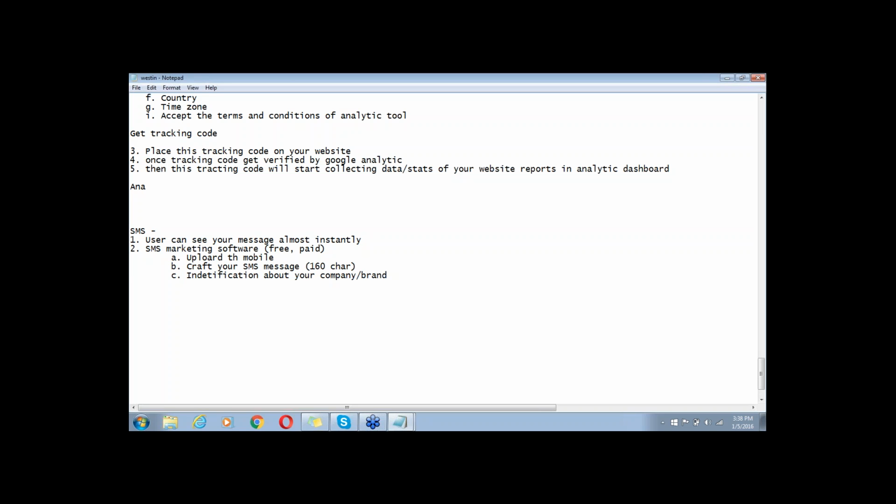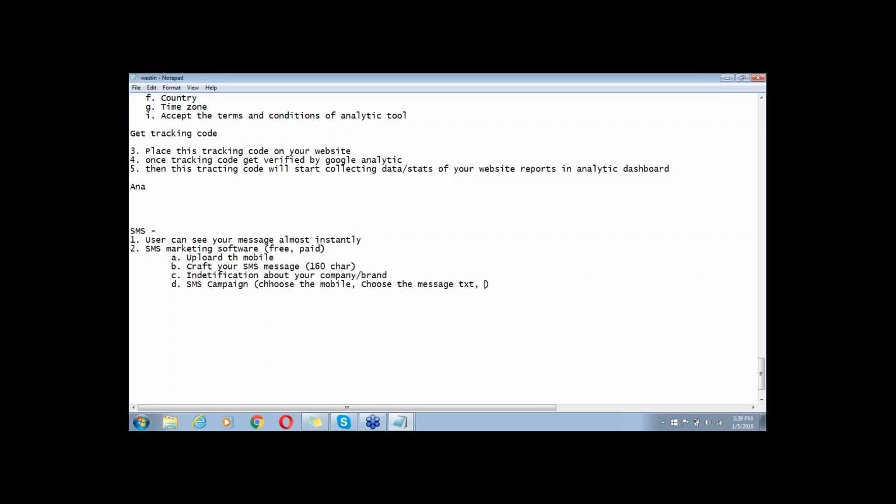And then you can set up the campaign. As we have set up the campaign in mobile marketing, you have to set up the SMS campaign, and in that campaign you will choose the mobile list to which you want to send the message, and choose the SMS message text.